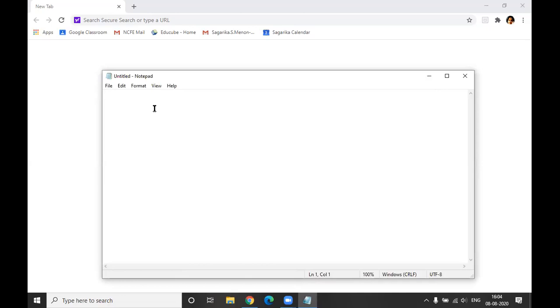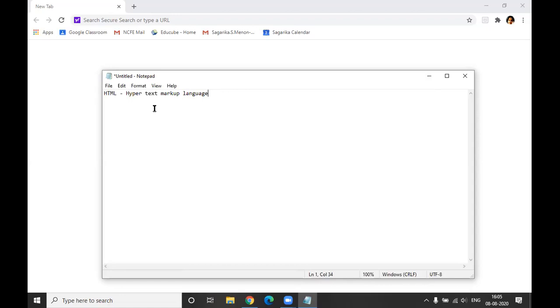All right, so let's start with HTML. HTML stands for Hypertext Markup Language. Now, anything that you do, probably now or in future, anything which is related to web, everything is having HTML as the base.